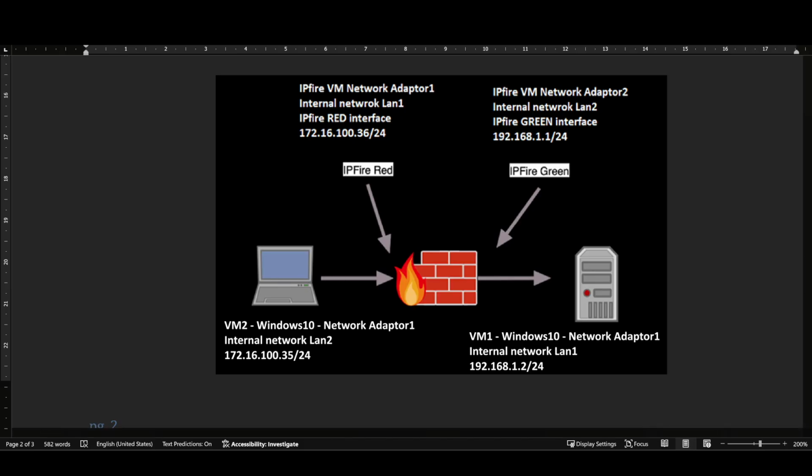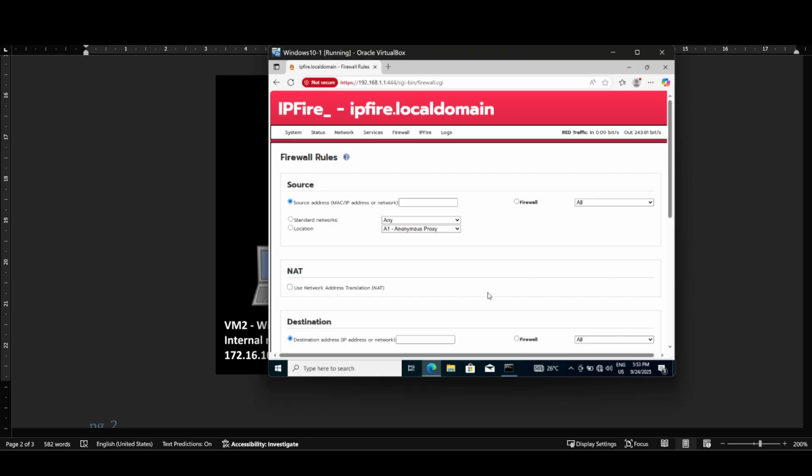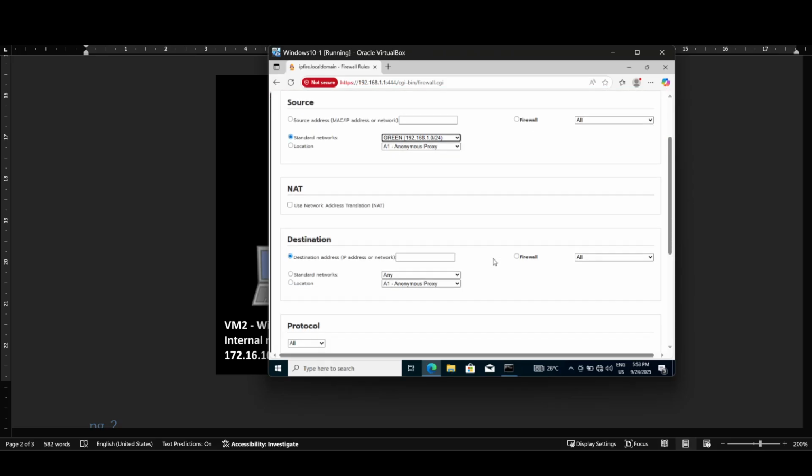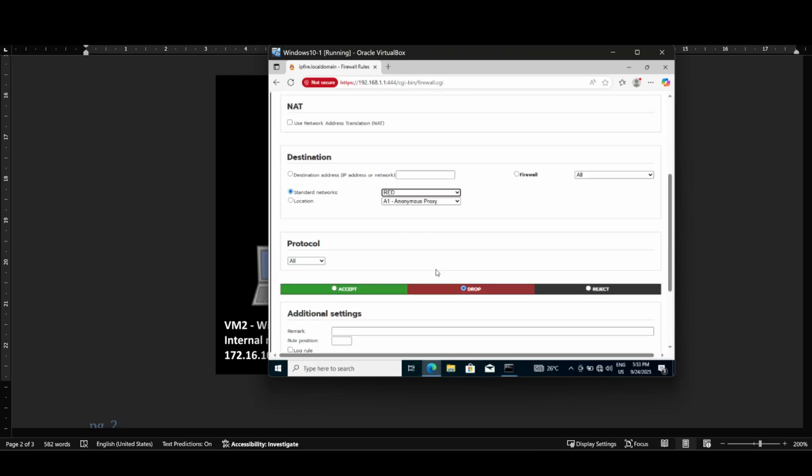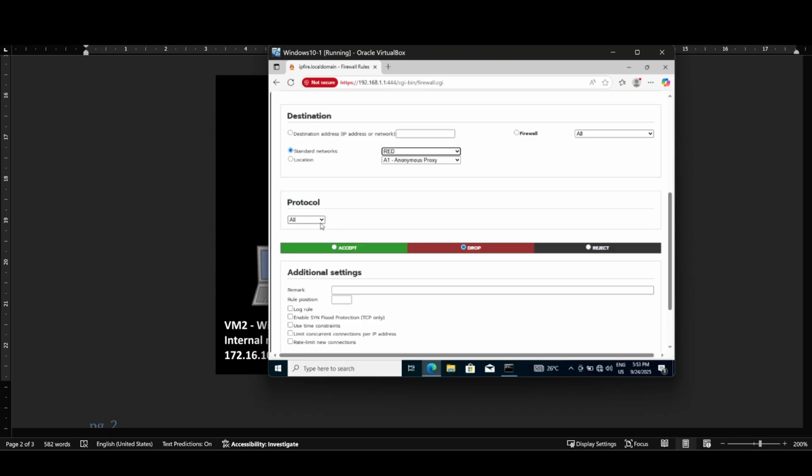For the source you say green, and then for the destination red, and then for the protocol you say ICMP, and then remember that